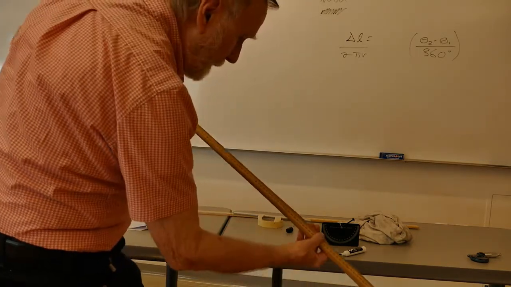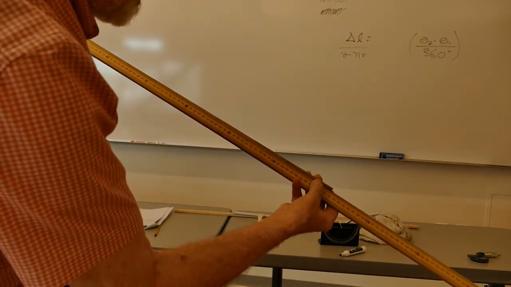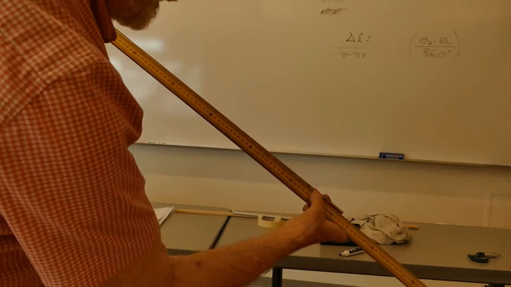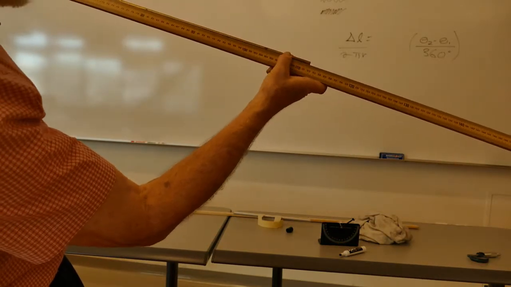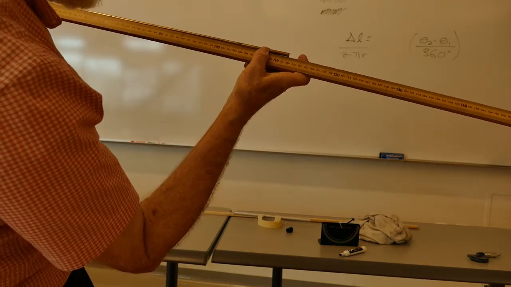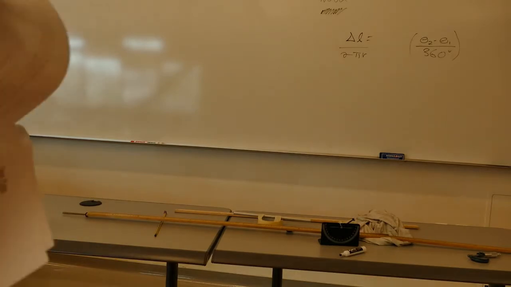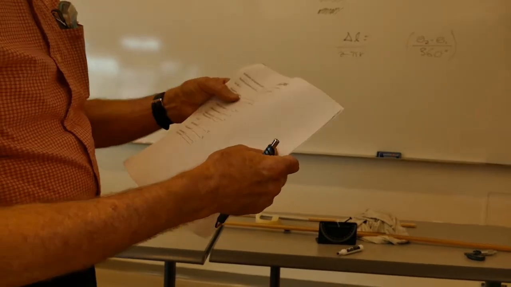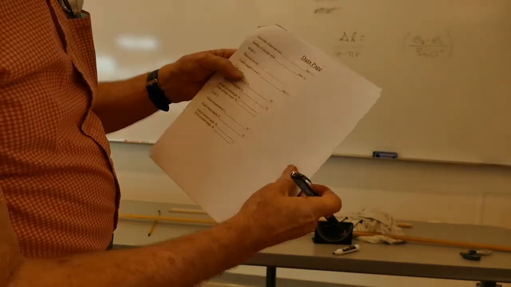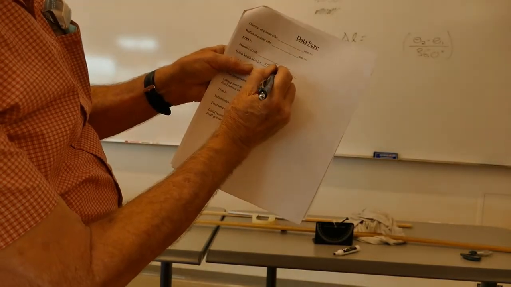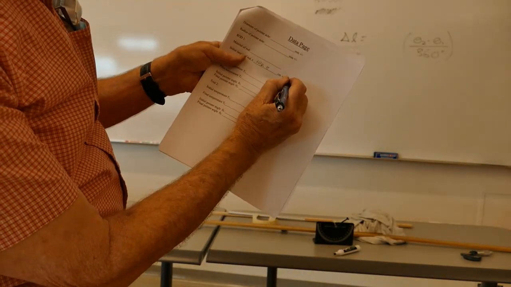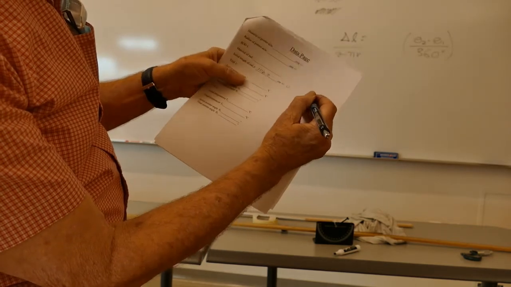And I can see the mark here, hopefully. It's about 103.6 centimeters. So on your data page, for the initial length of the rod, we're going to put 106.3 centimeters plus or minus 0.1